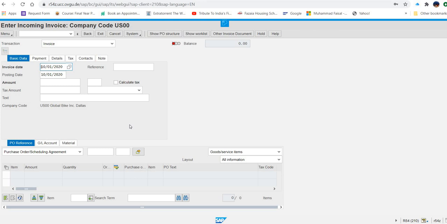Now they are saying put this text, invoice 00123 and then dash and then your GBI number in the text area. So where is the text area? Text area is here. This is given in the exercise. We are not doing anything from our side.